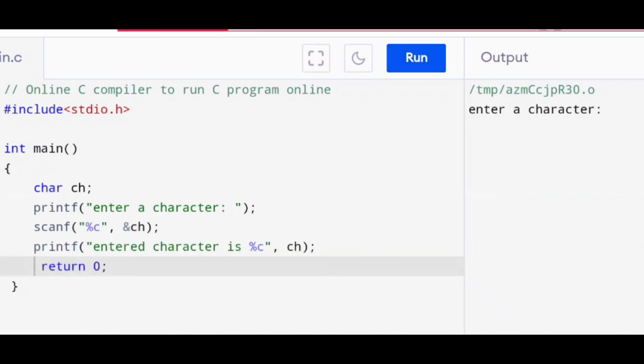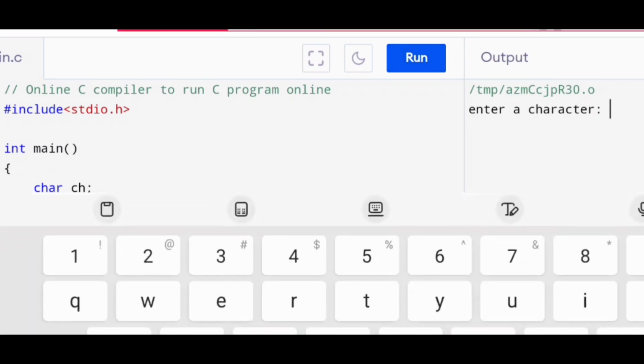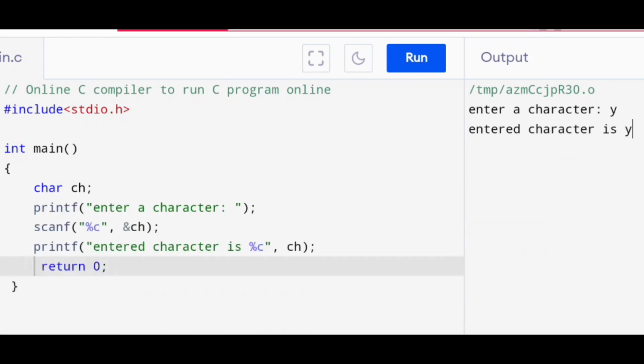So it is asking you to enter a character. So we'll enter the character through the keyboard. The entered character is Y. The printf statement is executed. So what difference are you observing? Though you were able to perform the same task using the putchar and the getchar functions, in case of scanf